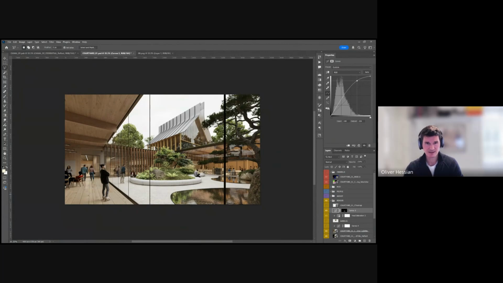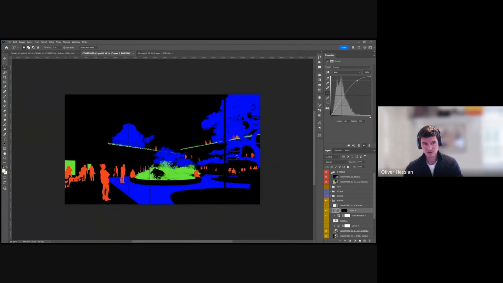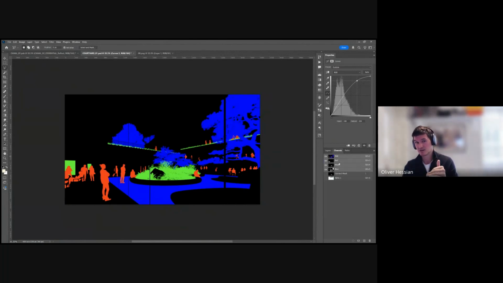What I've got here is actually two examples. This is something that I can set up in 3D Studio Max where it's an RGB channel, which means that it's pure blue, pure green, and pure red, and I can assign different objects to those channels. And the benefit of that is that in Photoshop, you can use the RGB channels to just directly select those without having to use a magic wand or a lasso. So I can just hold down control and then click red, and it'll select just the red things in